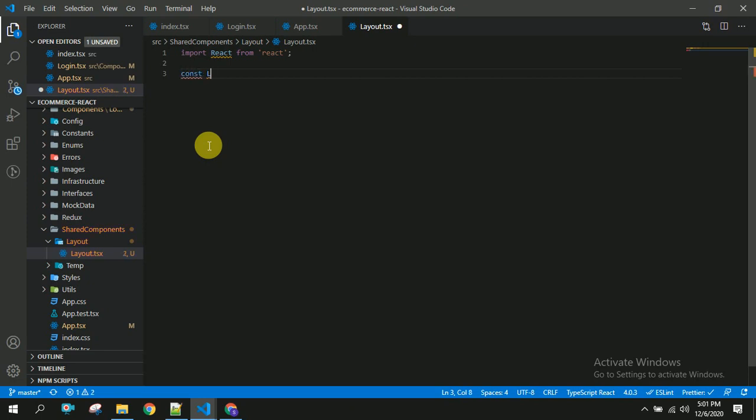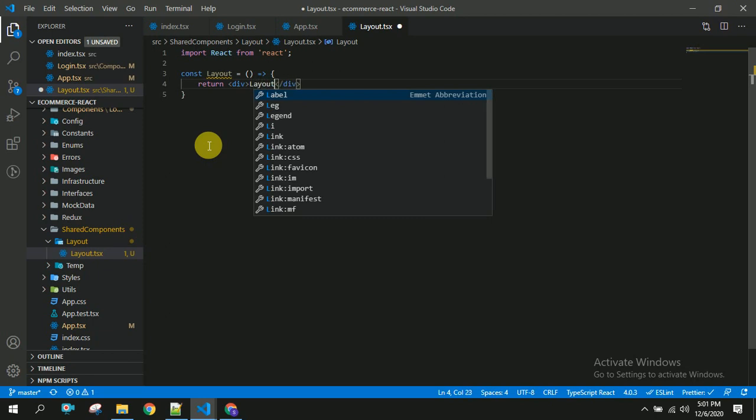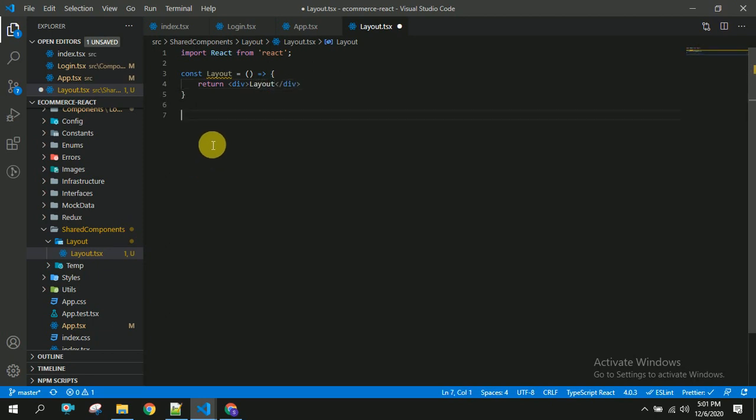Now const layout equal to an ES6 arrow function, and return layout here, and I am going to export this default. I am not using a named export because we have only one function here.